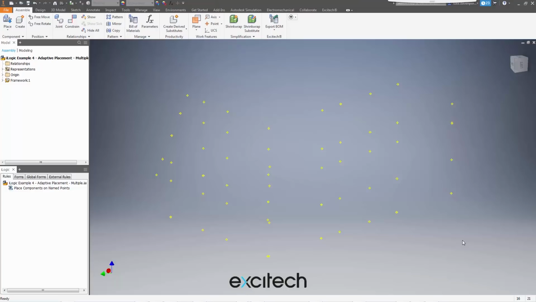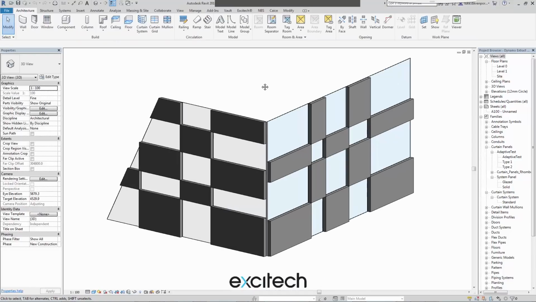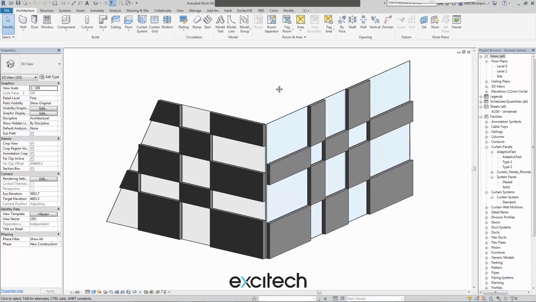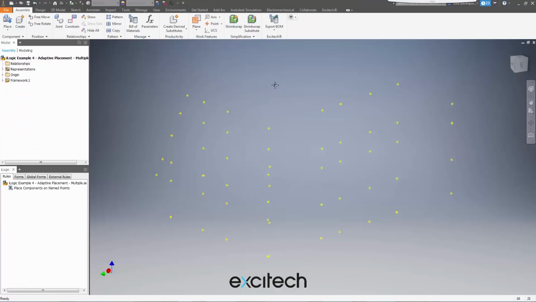Now, just to give you a bit of background on this idea, if I switch over to Autodesk Revit, we've got a layout created of panels that are being attached to a wall. We've used a tool called Dynamo in Revit to extract the XYZ positions of those points, and we've then imported those XYZ positions into Inventor as work points. Now we've got these named work points inside Inventor, we can use an iLogic routine to automate the process